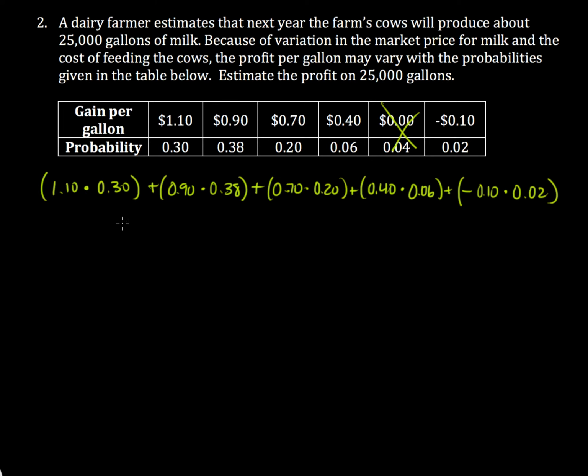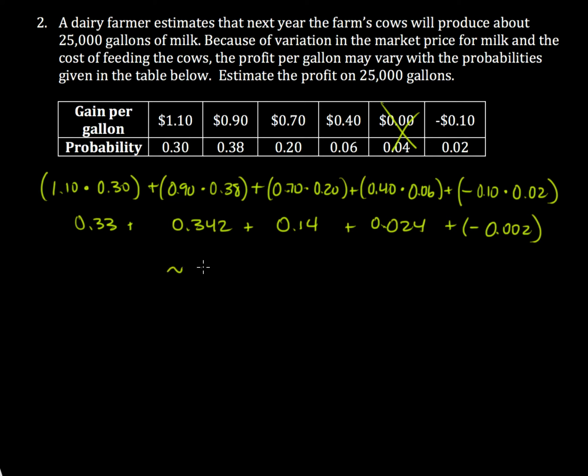Now when I multiply all these out, I'm going to get values like 0.33 plus 0.342, and I'm not rounding any of these. I want to keep these decimals if I can. Plus 0.14 plus 0.024 plus negative 0.002. And if I total all this out, what it tells me is that it's going to be about a